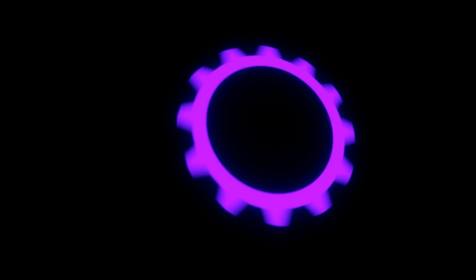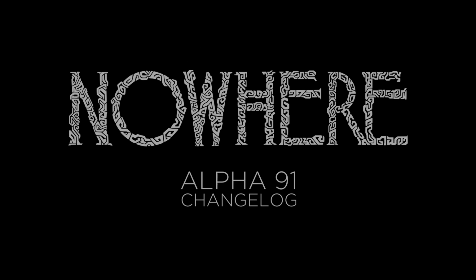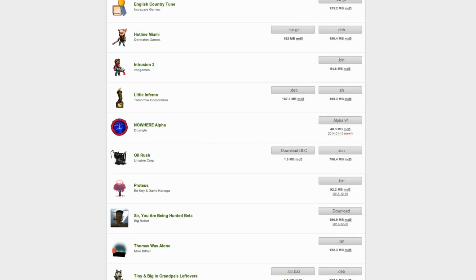About 3 months have passed since the release of Alpha 75, and it's about time for an update. This video gives you an overview of the changes in Alpha 91 of Nowhere, which you can download right away